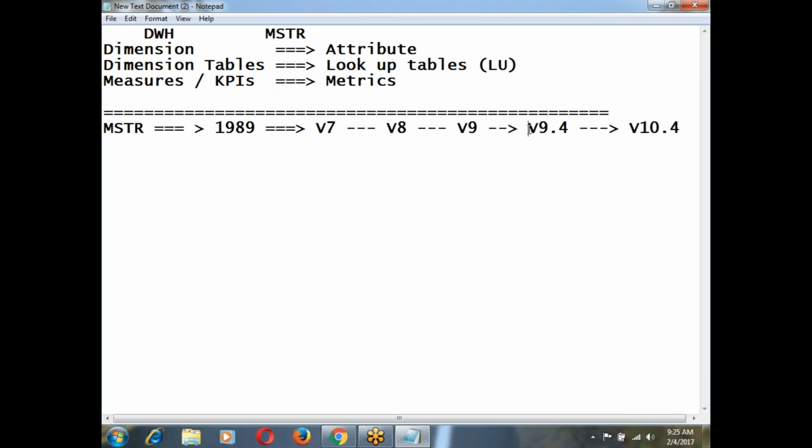Right now I would say 90% of projects are running on version 9, and majorly on 9.4 because this is a stable version under 9. But going forward, in the next 3 to 4 months, you will see major projects get migrated from 9.4 to 10.4 or a higher version. But as of now,